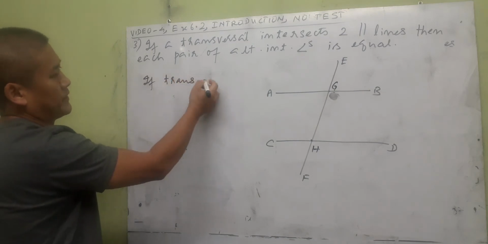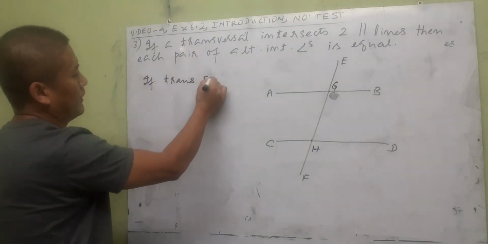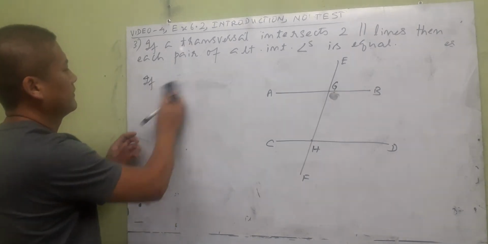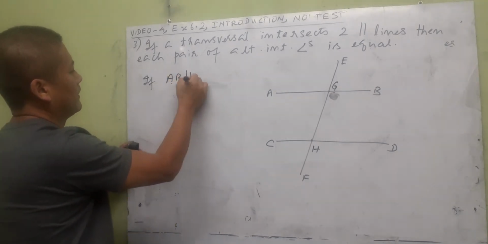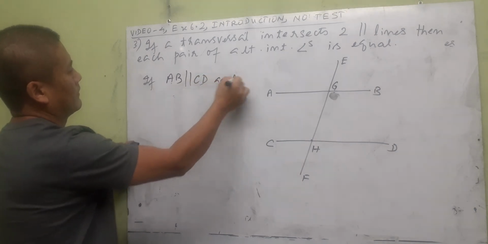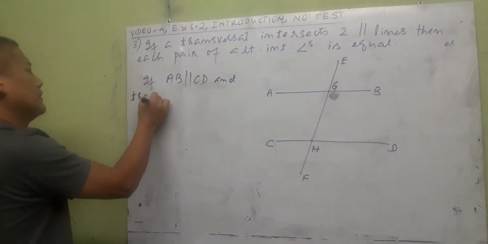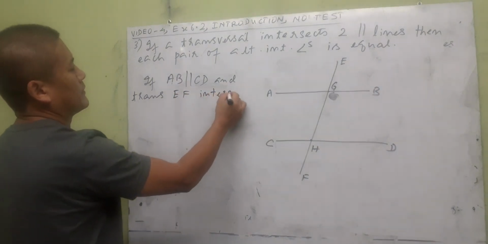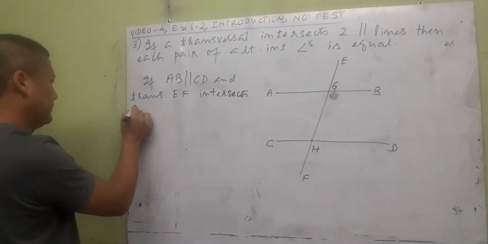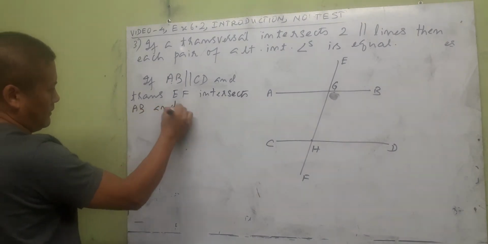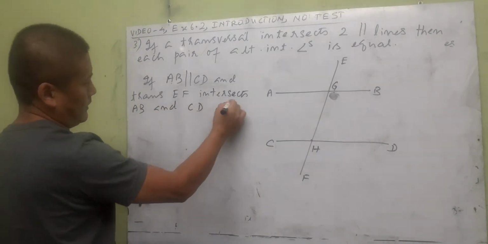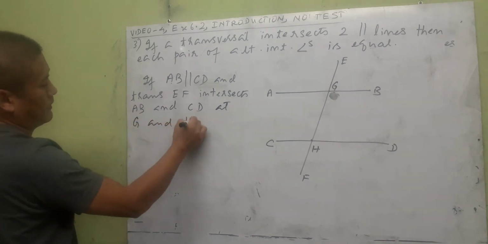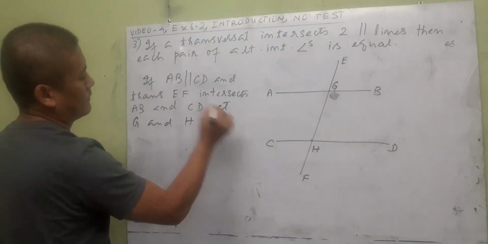The theorem is saying, we can just write the parallel first: if AB is parallel to CD and transversal EF intersects AB and CD at G and H respectively,